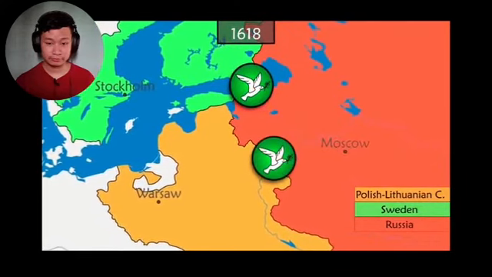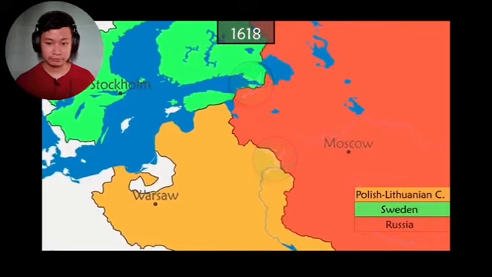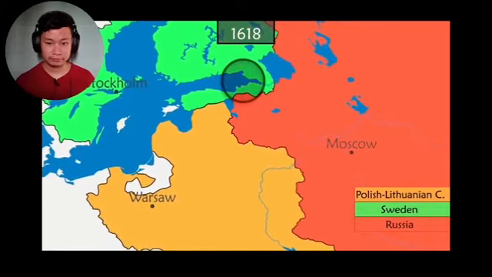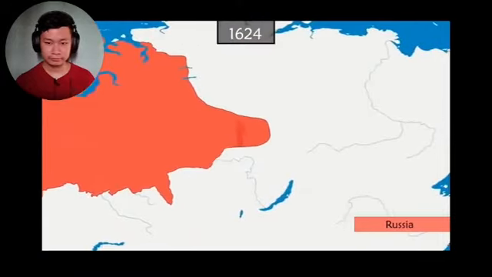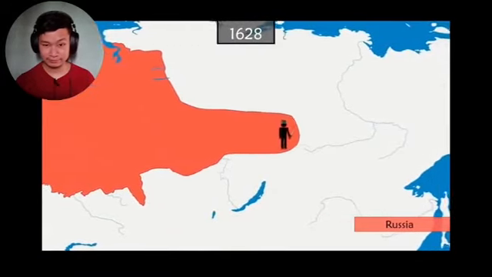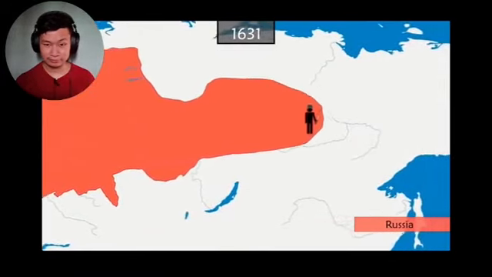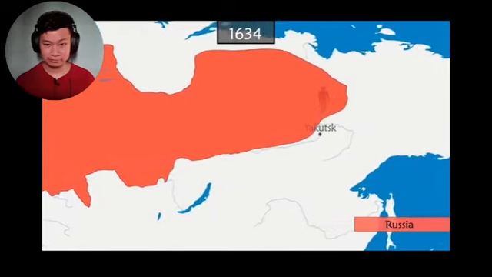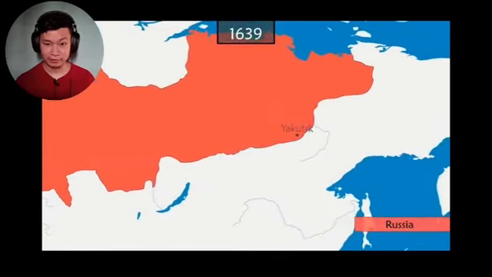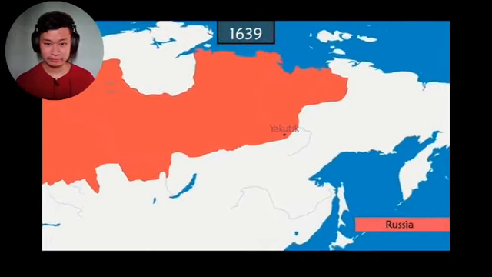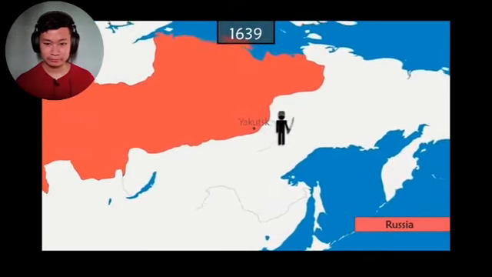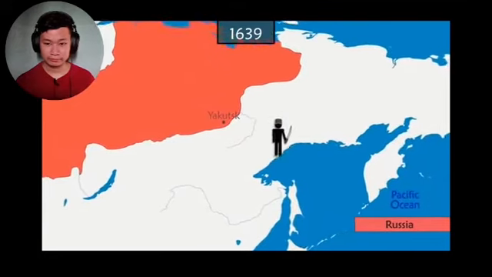and then Poland. He's forced to give up many territories, losing access to the Baltic Sea. On the other hand, in the distant lands to the east, Cossack explorers progress without much resistance, seizing territories and building new outposts. They subjugate the local tribes and force them to pay a fur tax. In 1639, explorer Ivan Moskvitin reaches the coast of the Pacific Ocean.